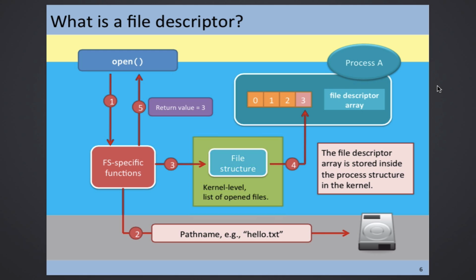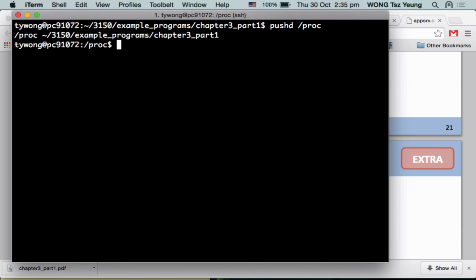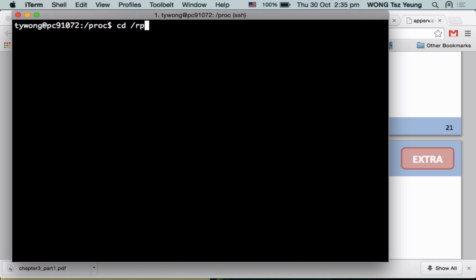So where can you find them? Now, if you have a Linux, you can do the same thing with me together. So what is the same thing? If you have a Linux now, or you already have SSH there, do this. You don't need to do this pushd, it is for myself. So you should cd to here,